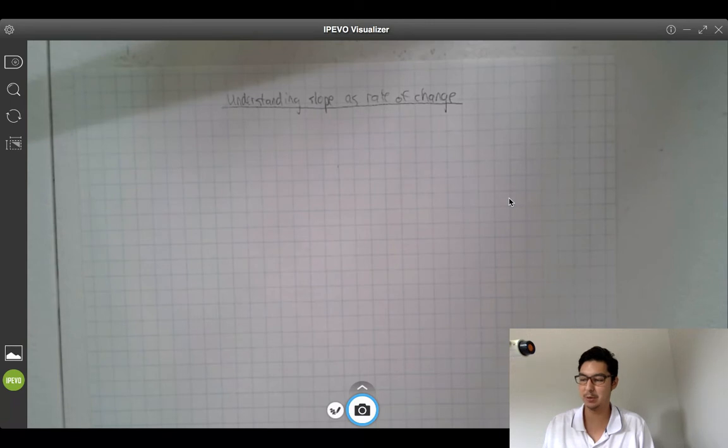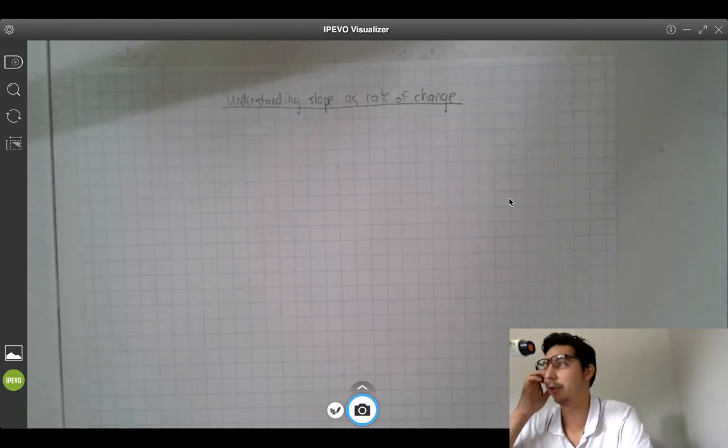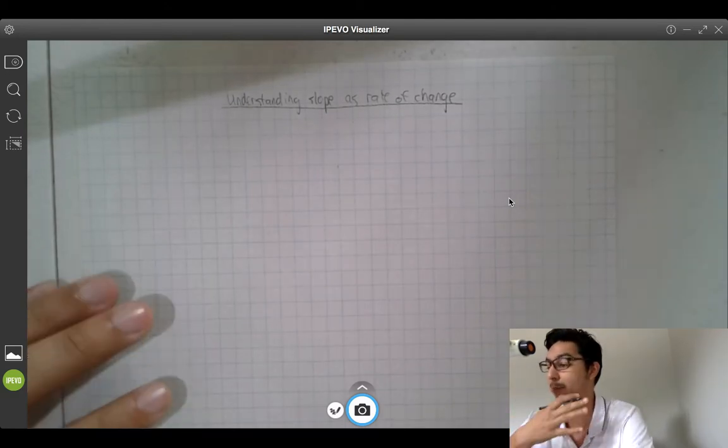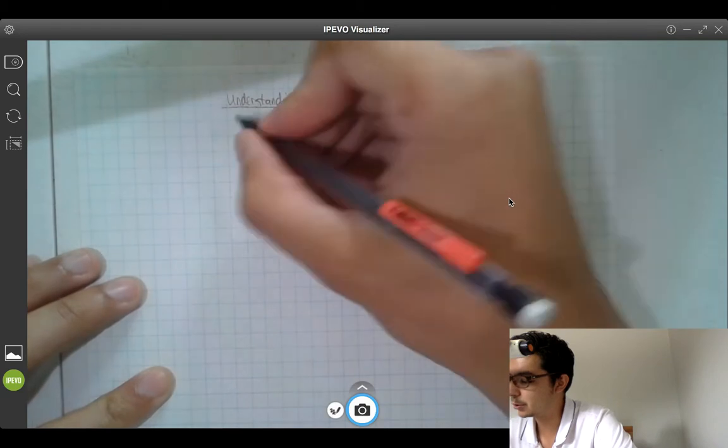We'll try to keep this quick, but this is meant to help you understand slope, which we've been talking about online as a rate of change in the context of a race, because that's a very common way of understanding how things change, through the idea of speed. So understanding slope is a rate of change. So let's